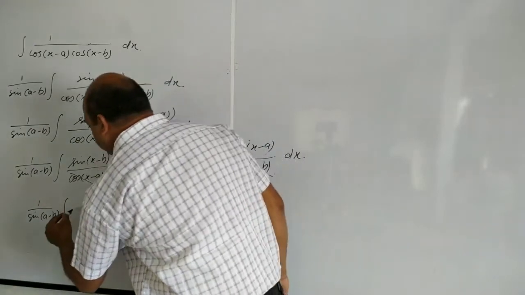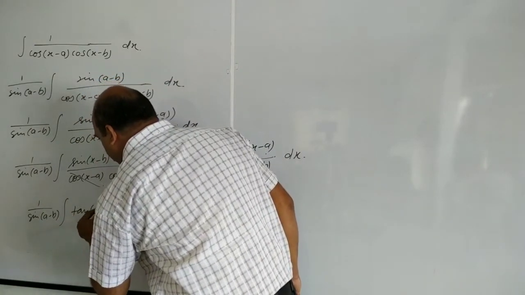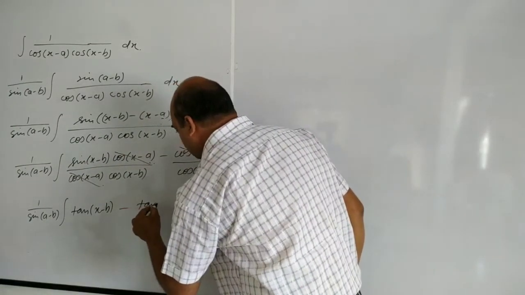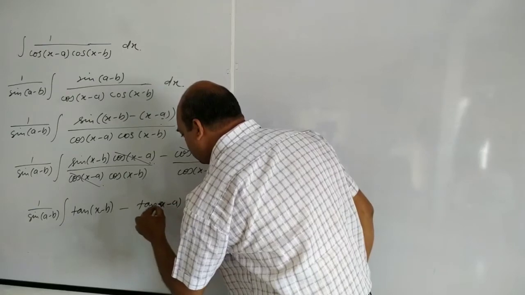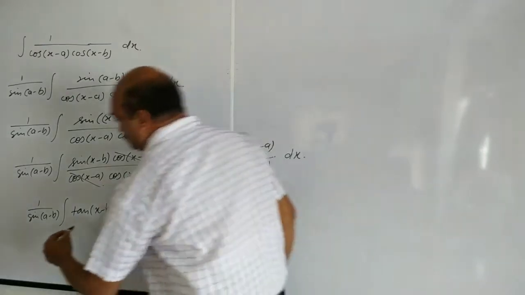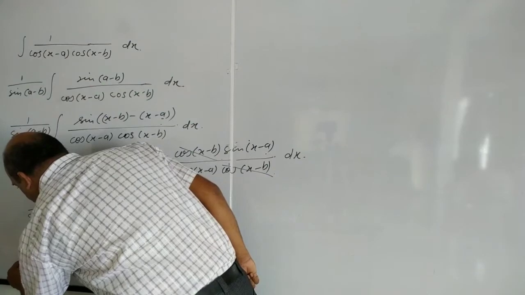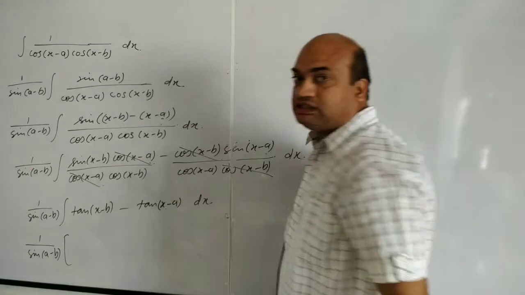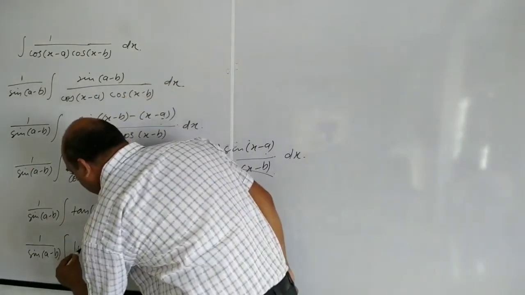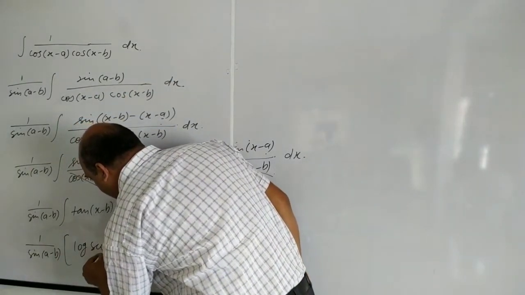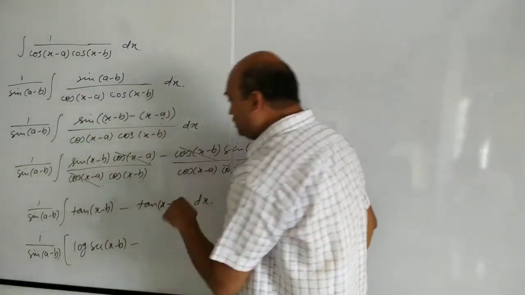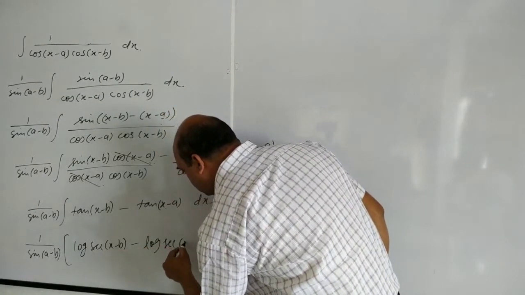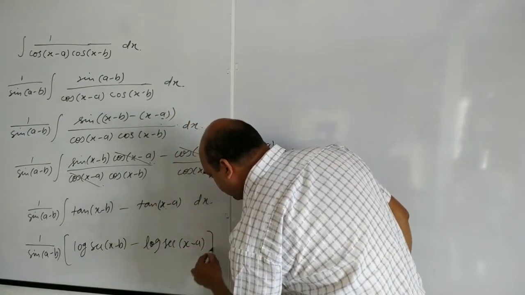This sin upon cos will be tan(x-b) minus this also sin upon cos, it is tan(x-a) dx. 1 upon sin(a-b), and integration of tan(x-b) will be log sec(x-b), and integration of tan(x-a) will be log sec(x-a),